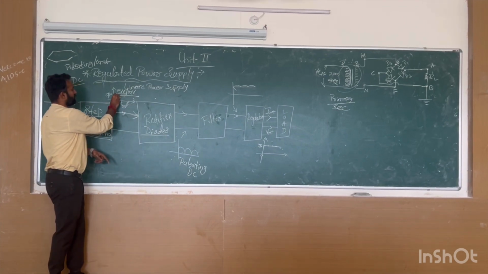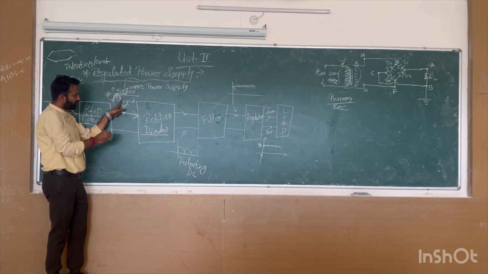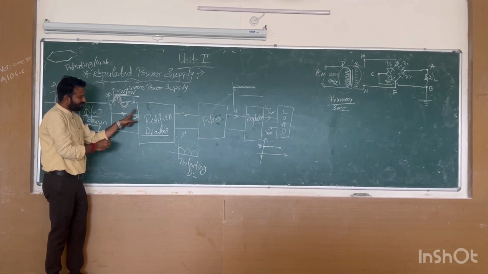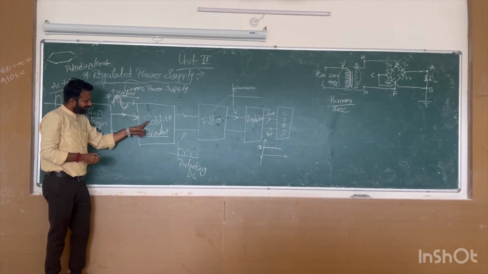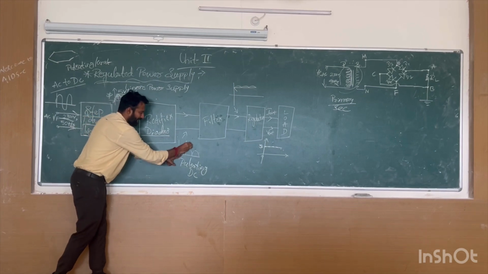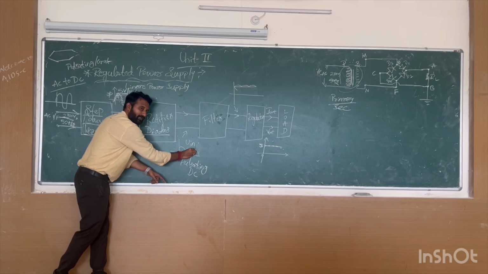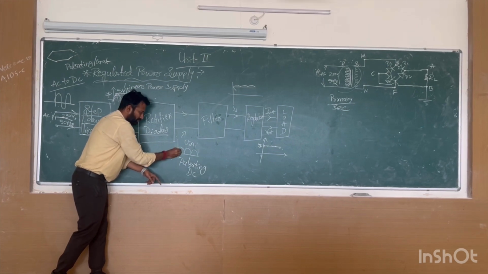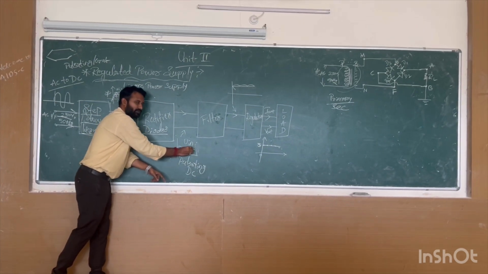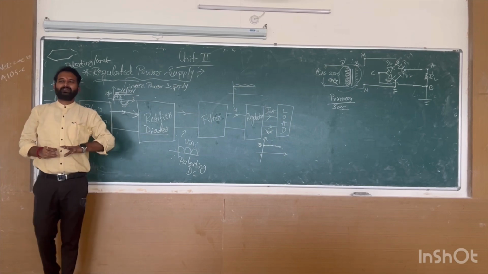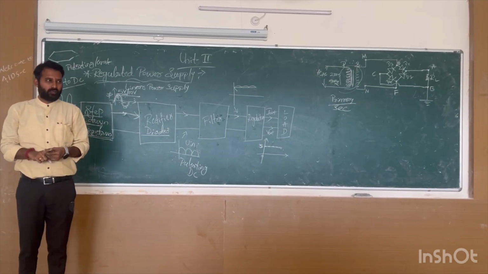Unidirectional. Previously what did we have? Bidirectional. This is a bidirectional input which is given to the rectifier. Now it was rectified to unidirectional. What do you mean by unidirectional? Single, I mean a single direction, which is pulsating, which is constant. Clear? That is the process of the rectifier.